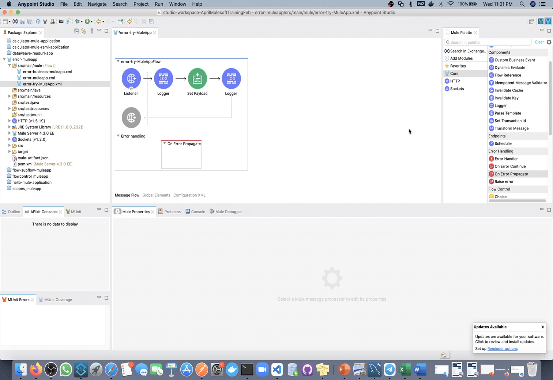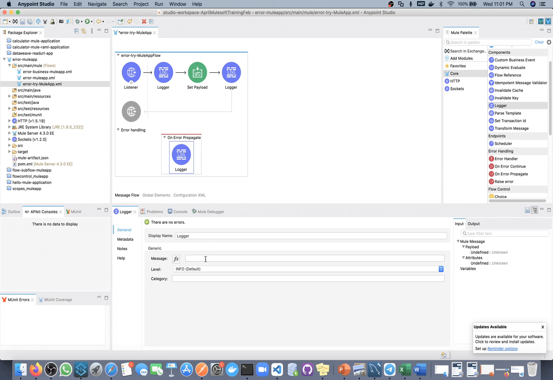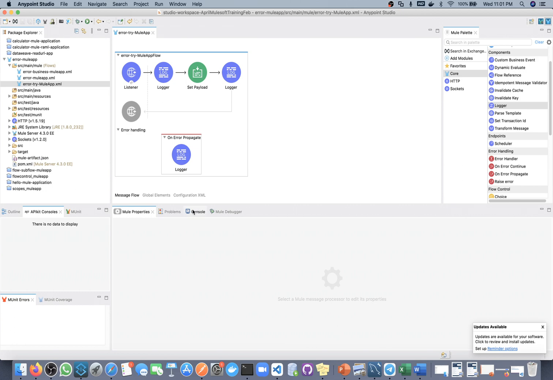So type I will not define, but I will put one logger. And displaying this, in case of error, I am just displaying this, and whatever default error description will be there, that will go, and status code will be 500. So first let me run this.